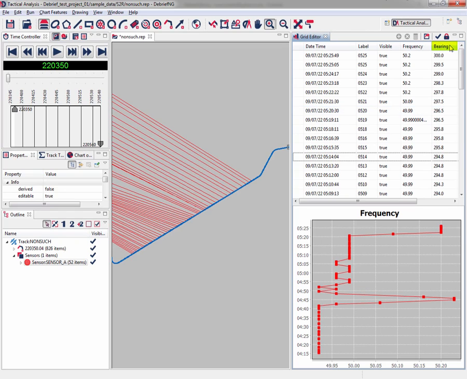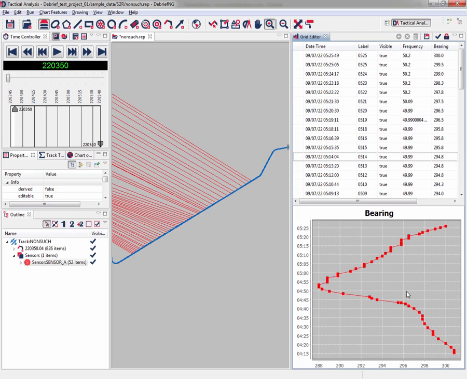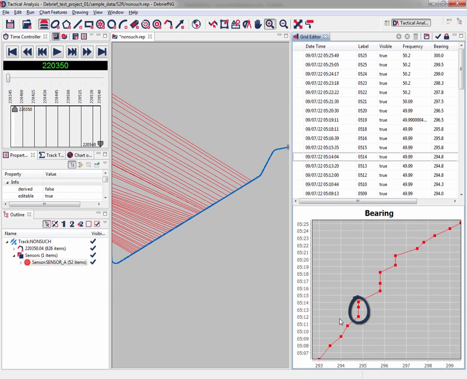So I click on the bearing column heading. Now I get my bearing waterfall display below the grid editor. Now if we look around the period 0510 to 0520, which is, as you can see with my mouse here, and we zoom in there, we can see there's 3 steps. 1, 2, 3. And what we're going to do is interpolate the data points between these two